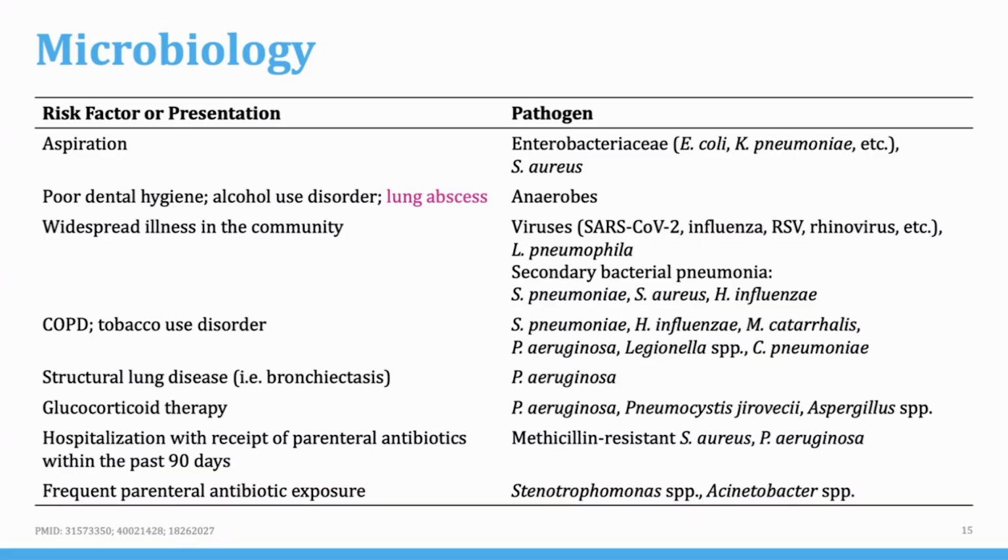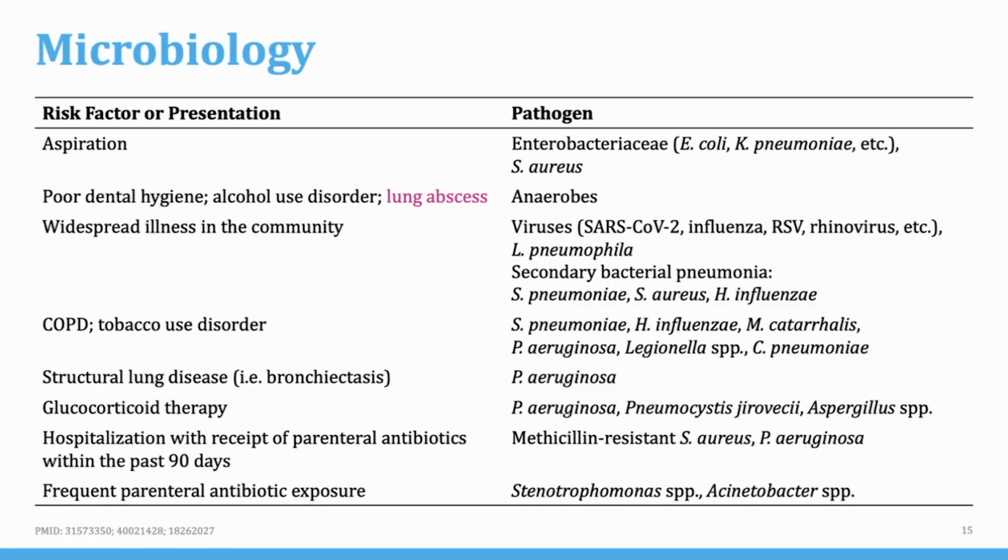Hospitalization within the past 90 days with receipt of parenteral antibiotics is when you should most commonly think about MRSA and Pseudomonas infection. Frequent parenteral antibiotic exposure can also increase the likelihood of nosocomial pathogens such as Stenotrophomonas and Acinetobacter species. I think you're less likely to be tested on these last two bugs, but they're here for your awareness